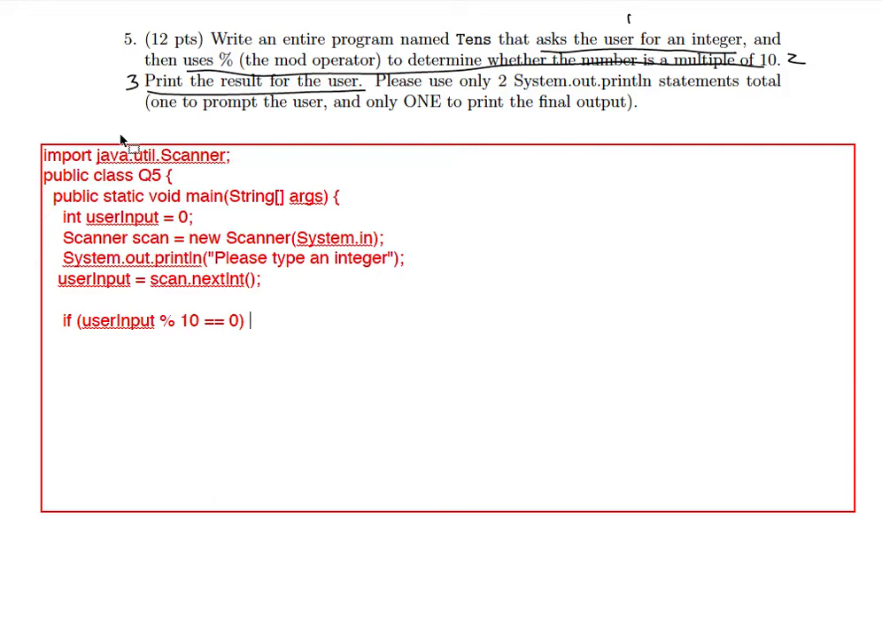Now let me just leave a little bit of space here. The reason is because I see that number 3 says I can only use 2 system out println statements, and I can only use 1 to print the final output. So I can't put 1 here and in my else statement. That would not be okay. So what do I do? I know that I need to have 1 printf statement at the end here, something that might look like